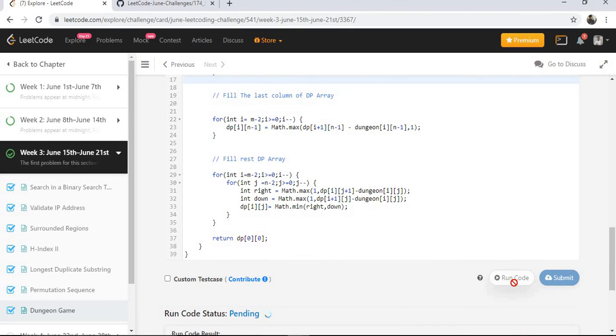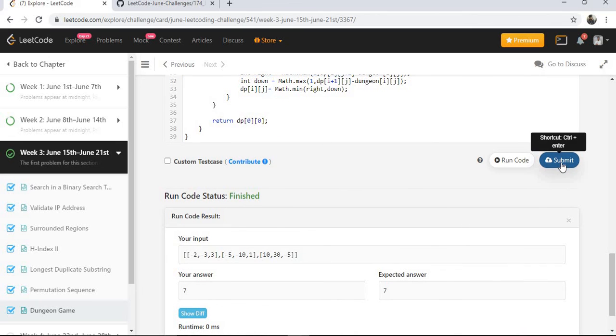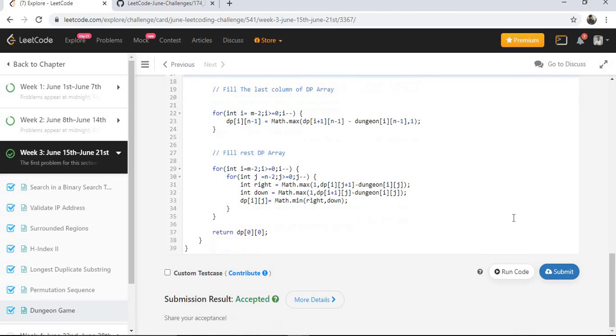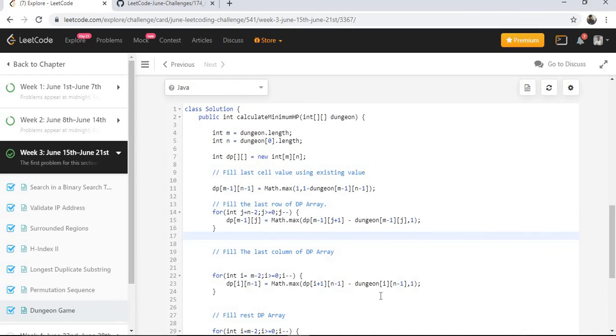I fixed all the typo errors. Yeah, you can see now it's giving the correct output. Let's submit it. Our solution is accepted.